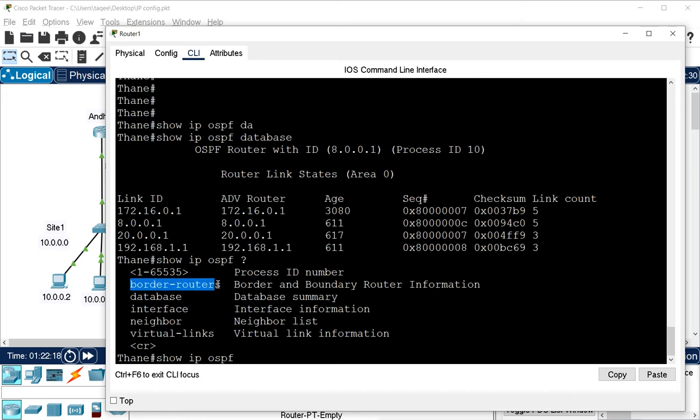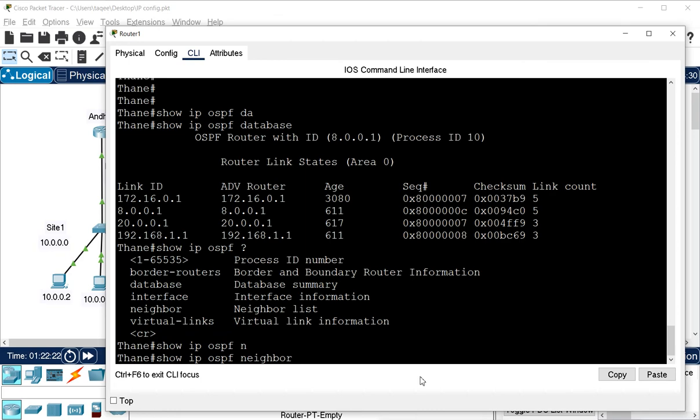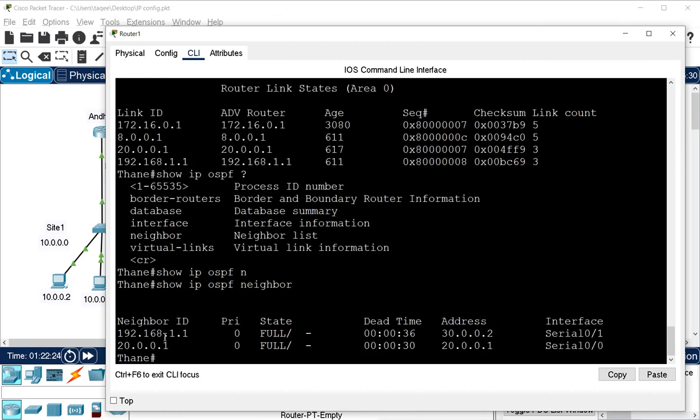Then we can check the neighbors information. We can check show IP OSPF neighbors, and we can see who the neighbors are. So this is the first neighbor on this side, and this is the other neighbor on this side, which is connected in full state, and these are the priorities of these neighbors. This is the time this information comes. This is the address for that neighbor to connect, and this is the interface used to connect to that neighbor.